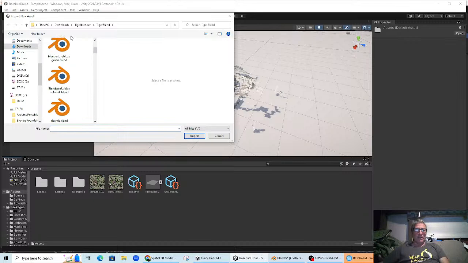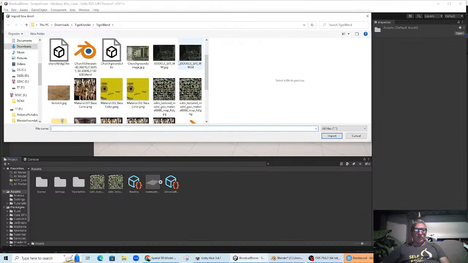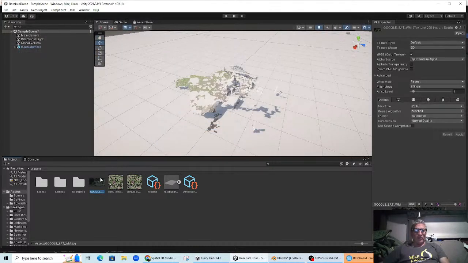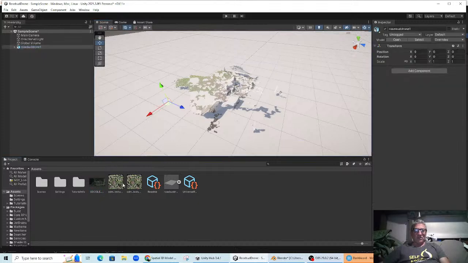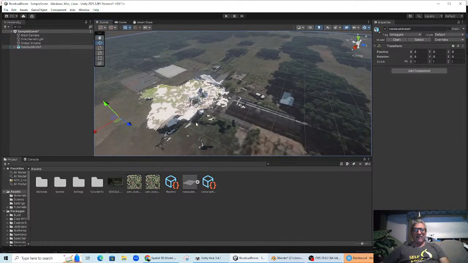And I'm going to go now and try it again with import new asset, and let's see if we can find it by looking at Google Sat as a JPEG. That comes in much quicker. And then drop that JPEG onto this. All right, so now we have that,